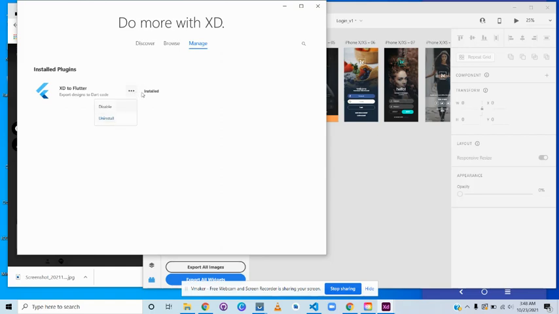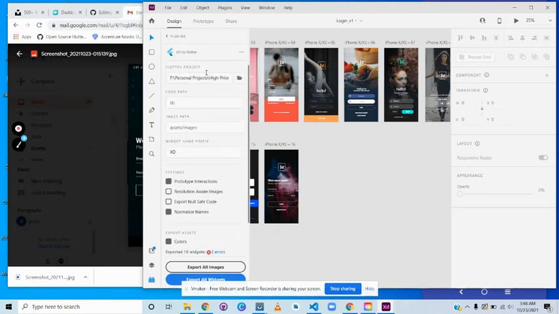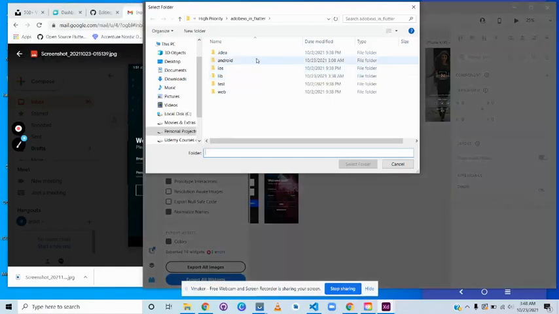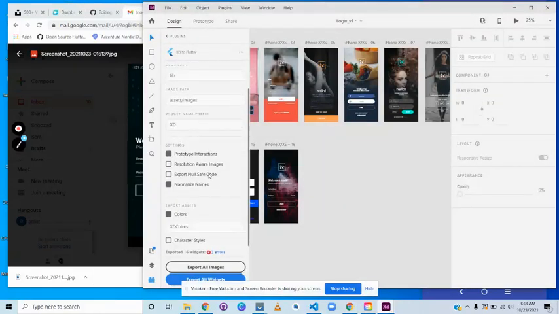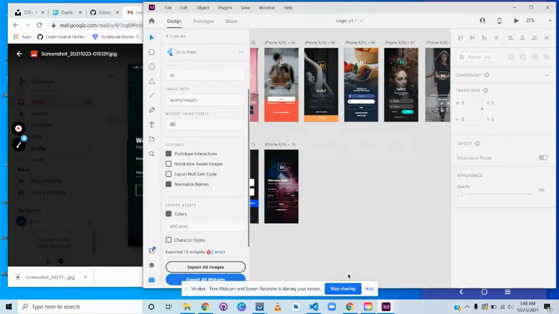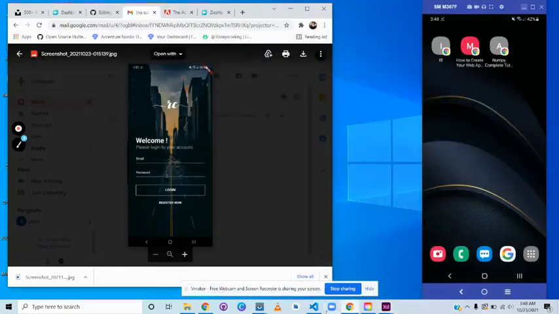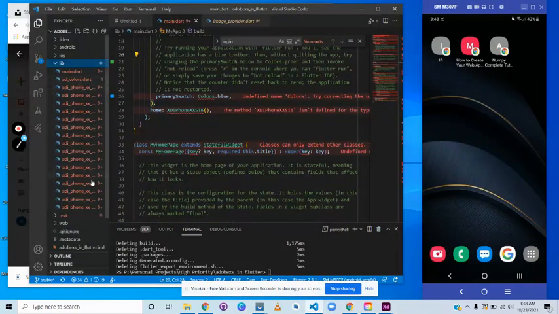Here is a simple path we want to specify, where my file will be loaded into the project. There is nothing else we need to change. By simply tapping export all widgets, we wait 2-3 minutes and move back to the code, and we will see that the file has been created for us.